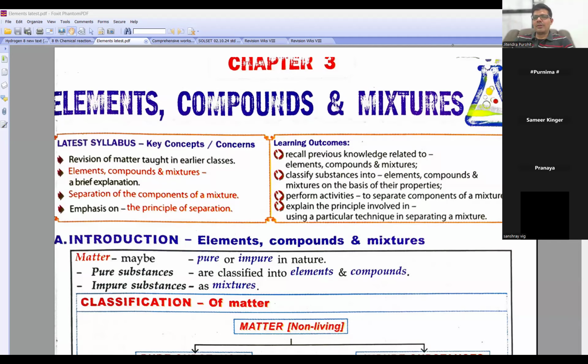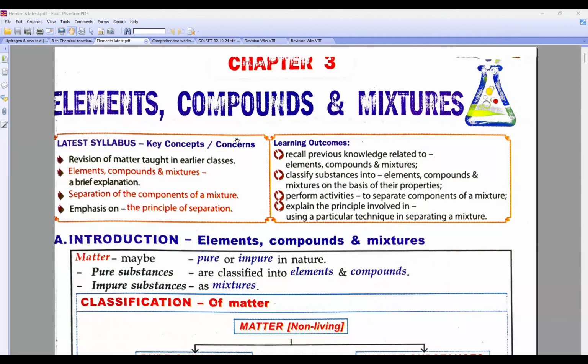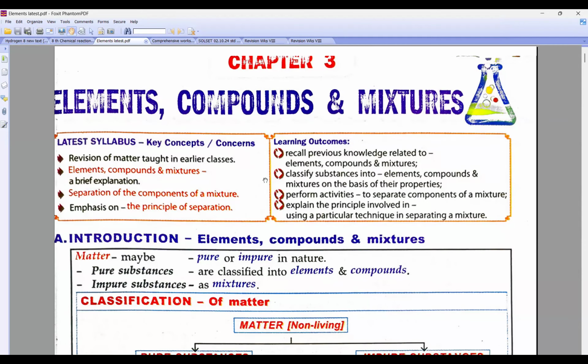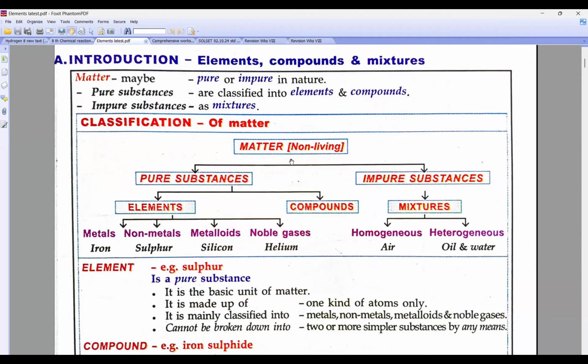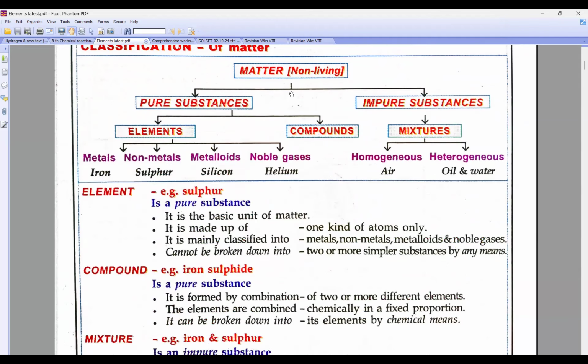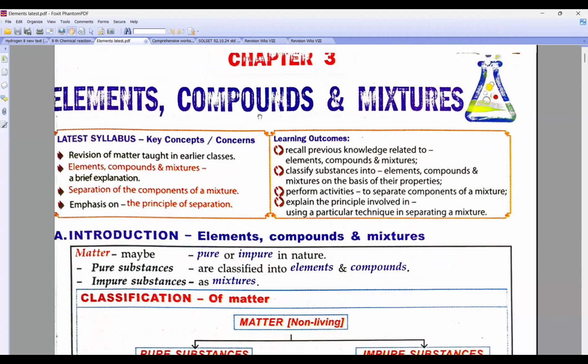We are going to do quick revision of the topics for tomorrow's test. The very first one is elements, compound, and mixture, and what type of question they have given in your worksheet. All those I am going to discuss. Now, whenever they will say from this part, first we are doing the chapter elements, compound, and mixture.